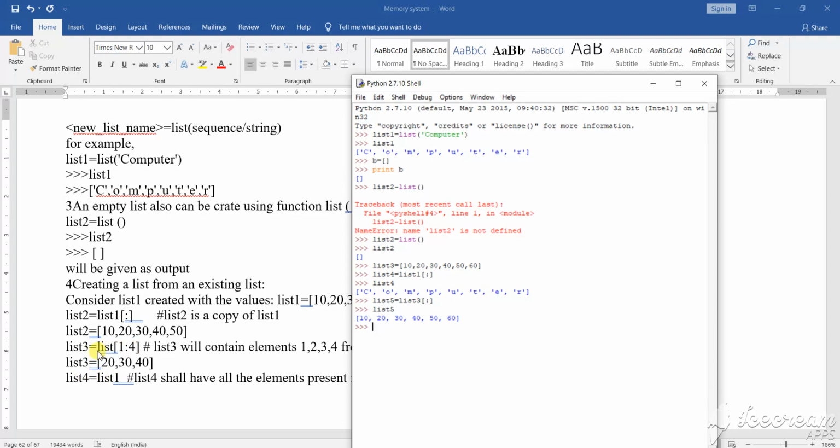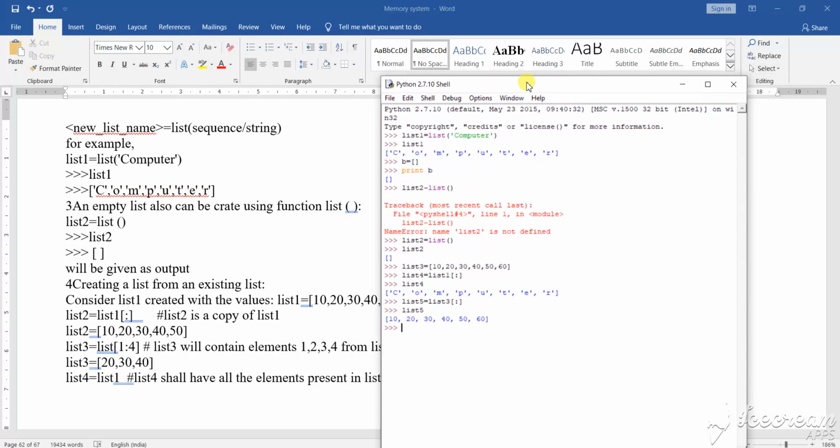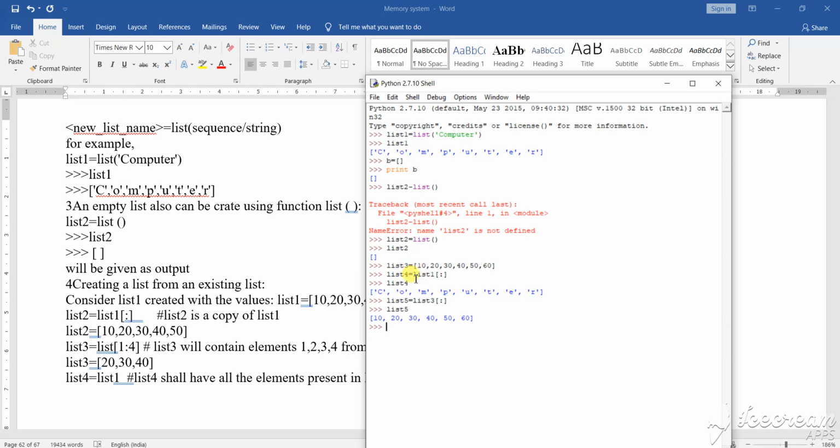There is another way, you see it: list 3 equals list 1 colon 4. So list 3 will contain the elements from 1, 2, 3, 4. That means I am giving some specification here. The specification is 1, 2, 3, 4 places, from the particular list that has been given, from list 1. Which list will be taken here? The first list. Our first list is here, not this 10, 20, 30, 40. Our first list is this computer. So it will take the value from there. So don't